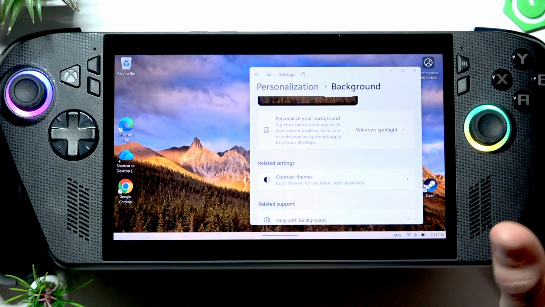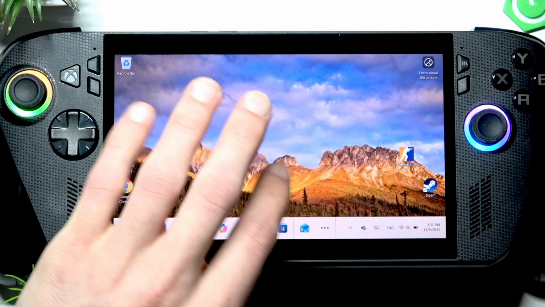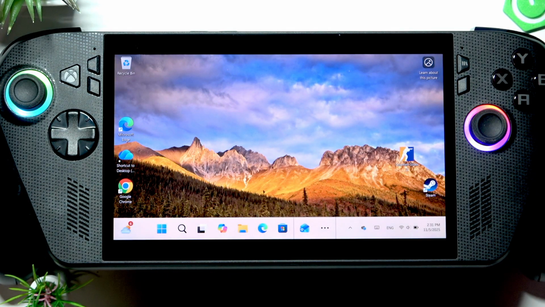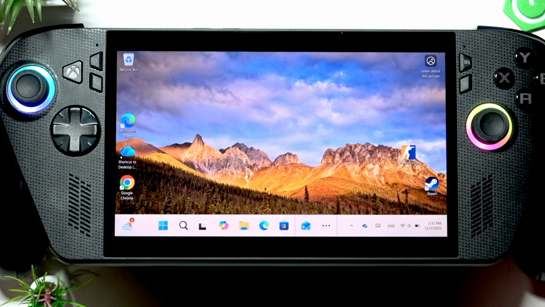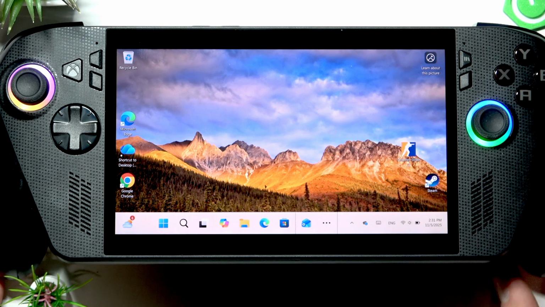And the last option is Windows Spotlight. Now there are no additional settings to Windows Spotlight. It's just a random image presented to you by Microsoft. It changes every once in a while. I cannot tell you exactly how often, but it's just a beautiful photo taken by some